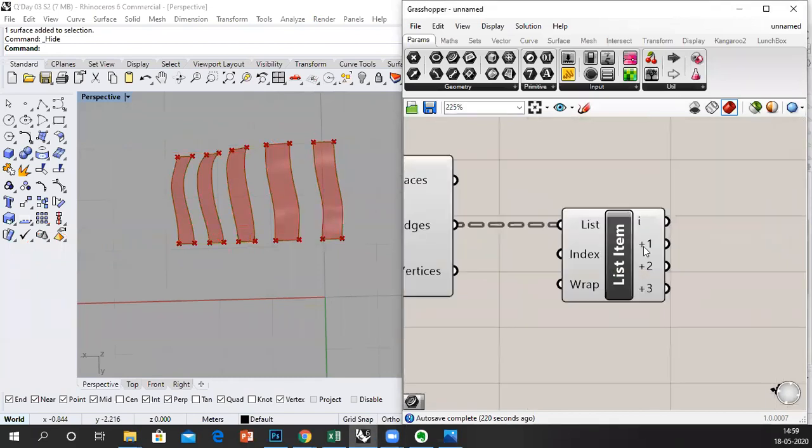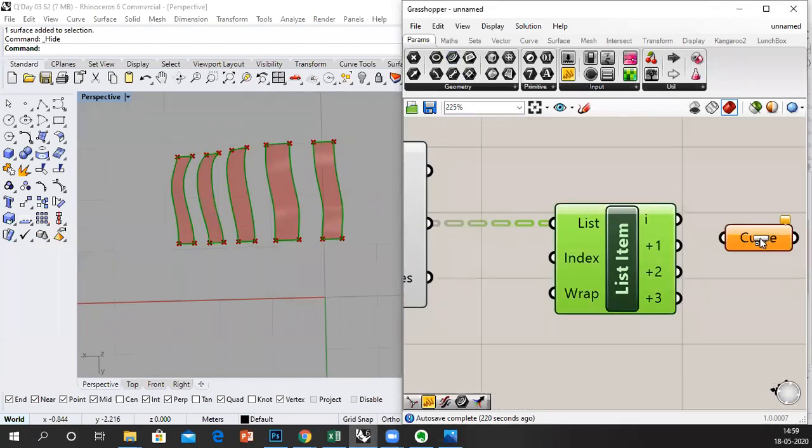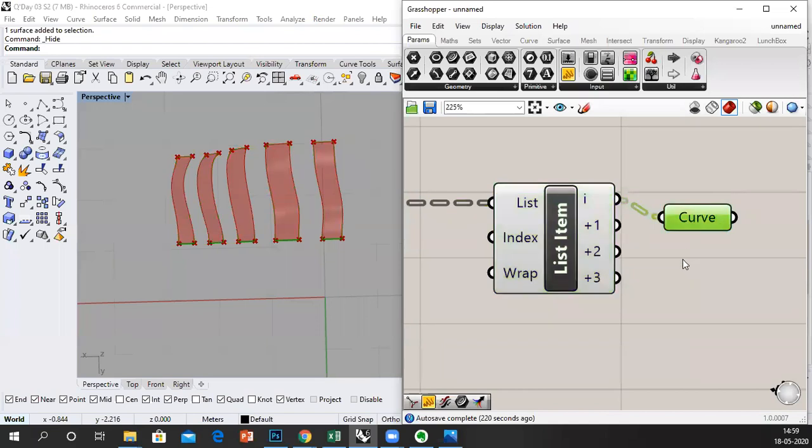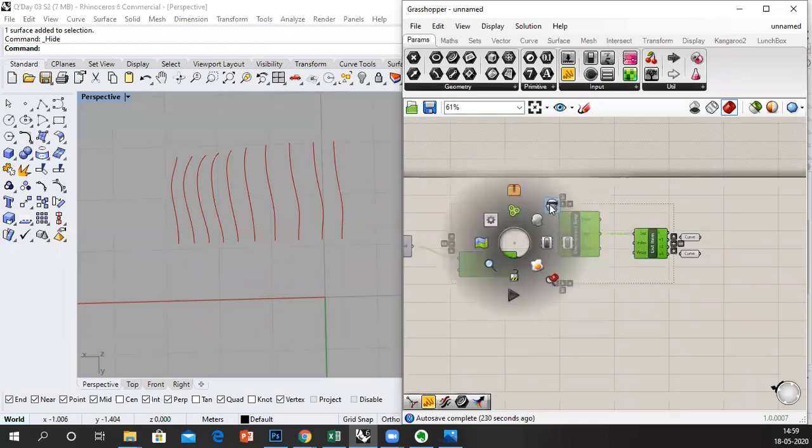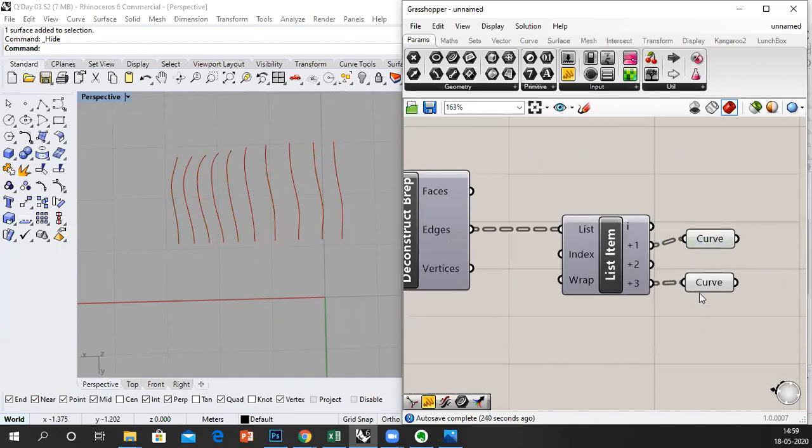Done. Now I can take the curves that I want. So this is this edge curve. No, I don't want it. That is one corner. Very good. This is the other corner. If I hide it, we've got those two corners alone.